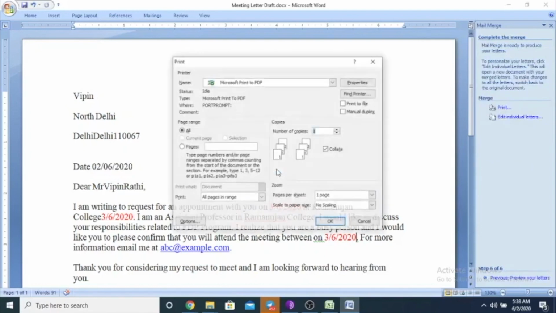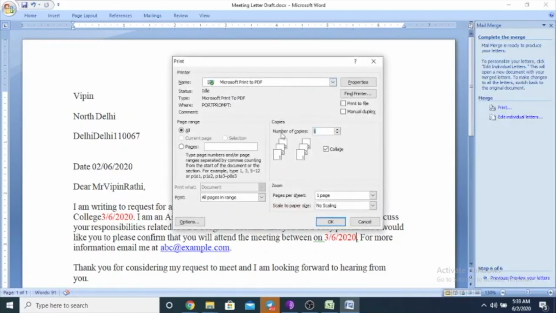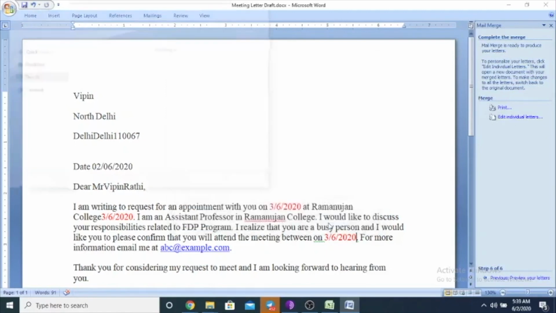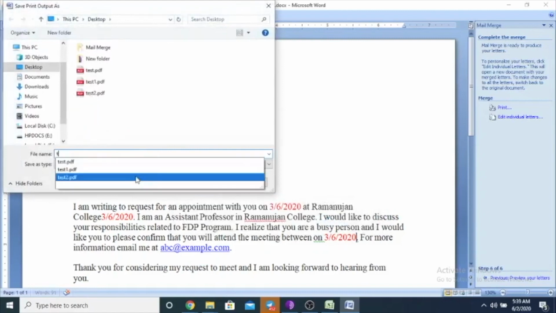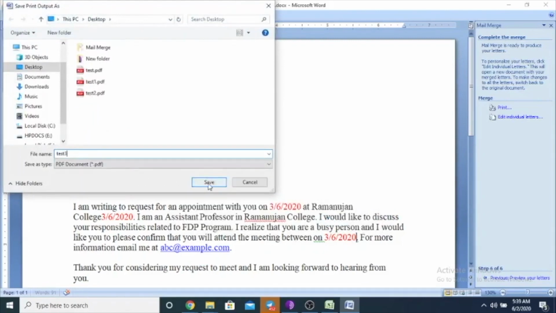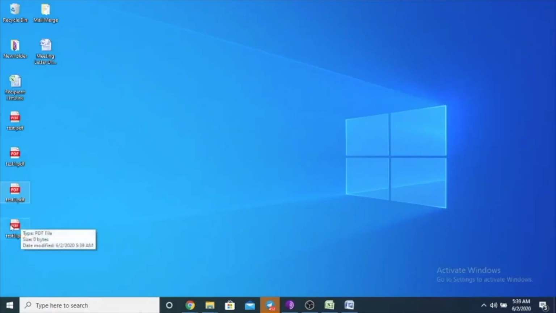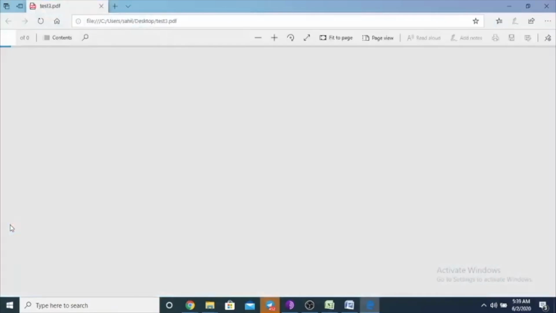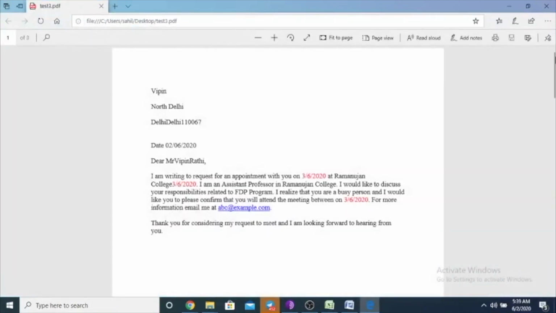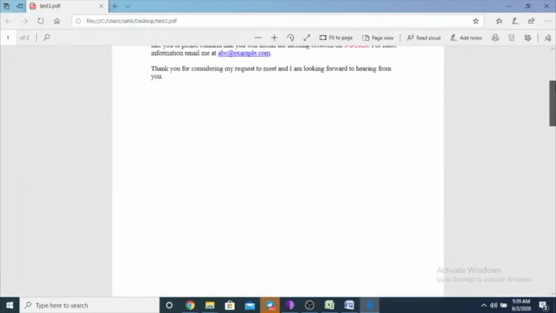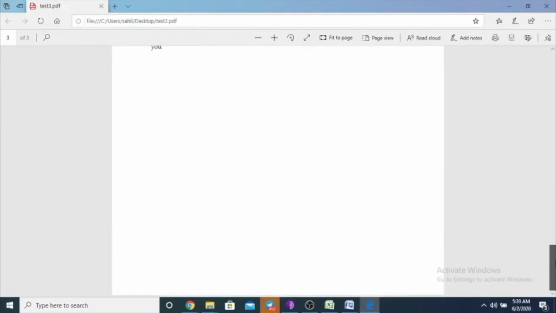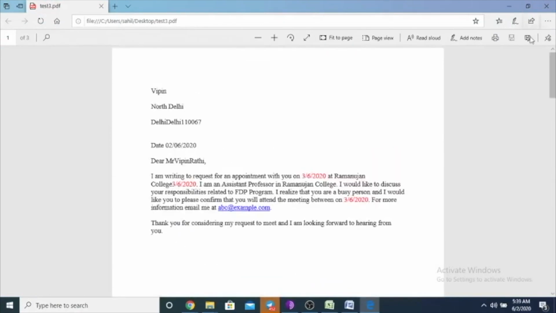I am not attached to a printer, so I am printing to PDF form. I am giving it the name test3. Then you can check the PDF here, all of my letters you can see. Okay, thank you very much.